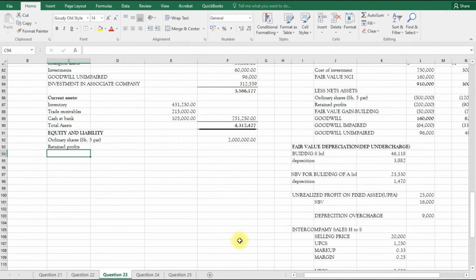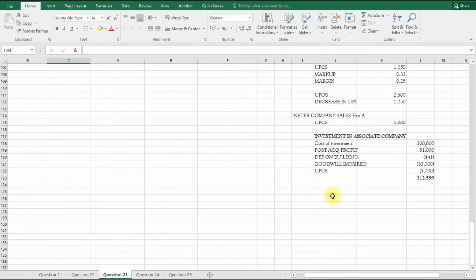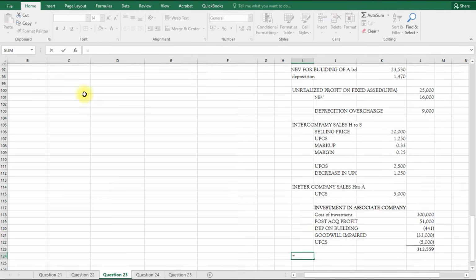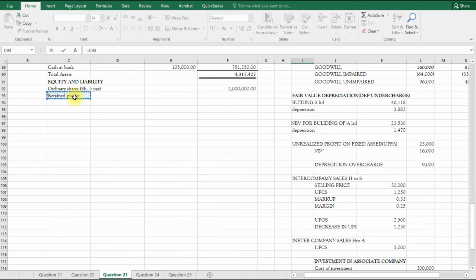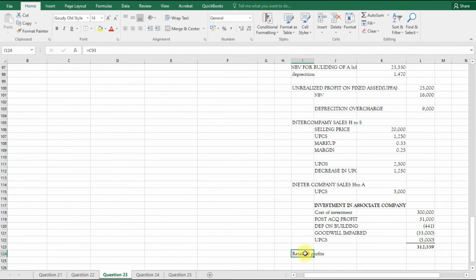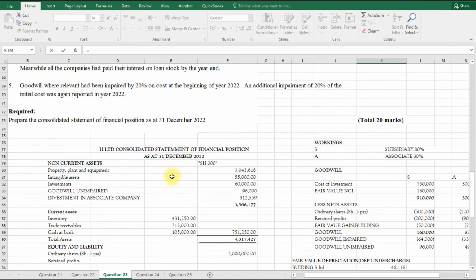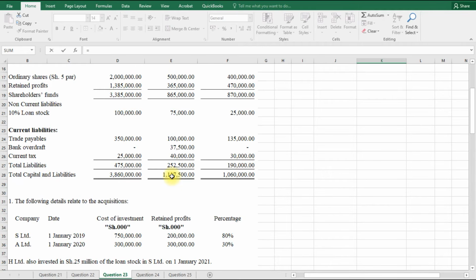So I'll do that as a working. Let me do it here. The retained earnings. And just still pick that word here. The retained profits. Retained profit. So we have for H. So H had retained profit